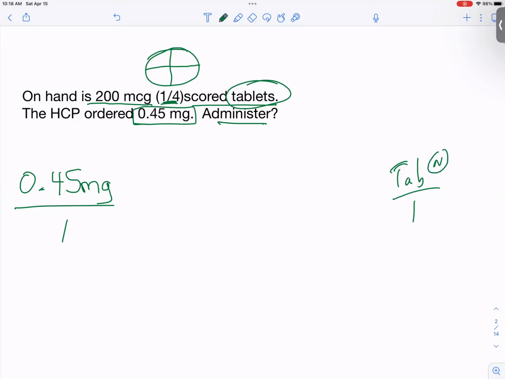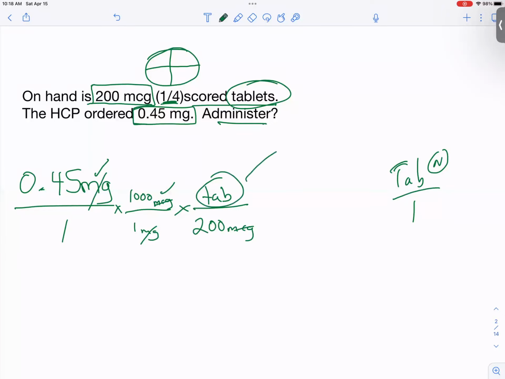That's what I have in my hand. So now I need to get rid of milligrams to get to tablet. But what's available is in micrograms. So I need a conversion. Right? So 1 milligram is 1,000 micrograms. No problem. Gets rid of my milligrams. So now I have to get rid of micrograms, and I'm going to use what's in my problem. 200 micrograms in a tablet. That gets rid of micrograms. And that leaves me with tablet. Beautiful. Now it's math. But this is where people get mixed up. 200 times 1 is 200. 0.45 times 1,000 is 450. When I divide 200 into 450, it gives me